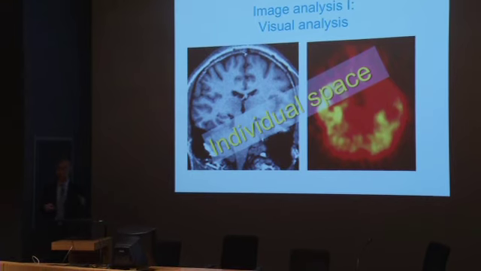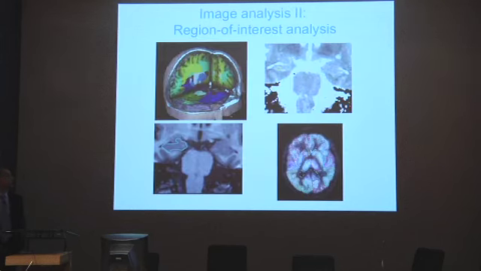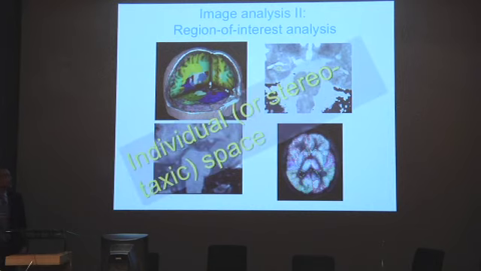This, by definition, always happens in the individual space. You can also use regions of interest to sample a structure, to outline a structure, to get information from another type of imaging modality, and do this for many regions of interest. This is a type of analysis that can happen in individual space or stereotaxic space. What's stereotaxic space? It's a convention space, an average of many brains, which is a coordinate system which is used